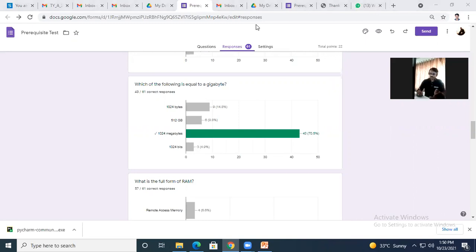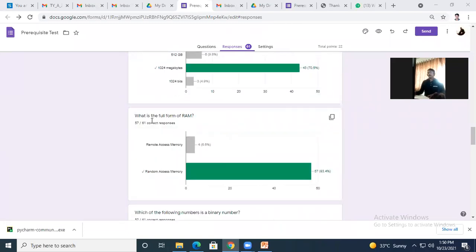The next, 1024 megabytes, is equal to 1 gigabyte. And 1024 bits, there is no such unit. So the correct option is 1024 megabytes.